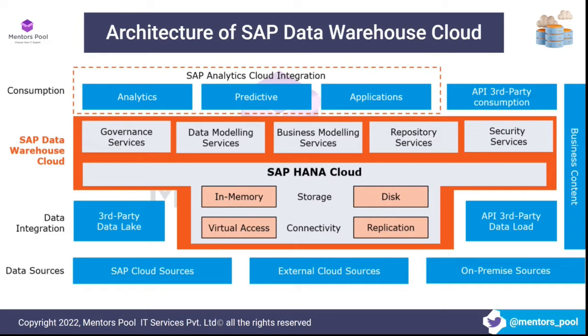But there will be only one modeling. Why two modeling in data warehouse cloud, right? Like we discussed, data warehouse cloud supports two types of user personas. One is your hardcore IT users who are more technical, and then you have business users who have more business knowledge, right? To cater to the needs of both these groups, they have separated the modeling into data modeling and business modeling. In data modeling, you do the heavy lifting.